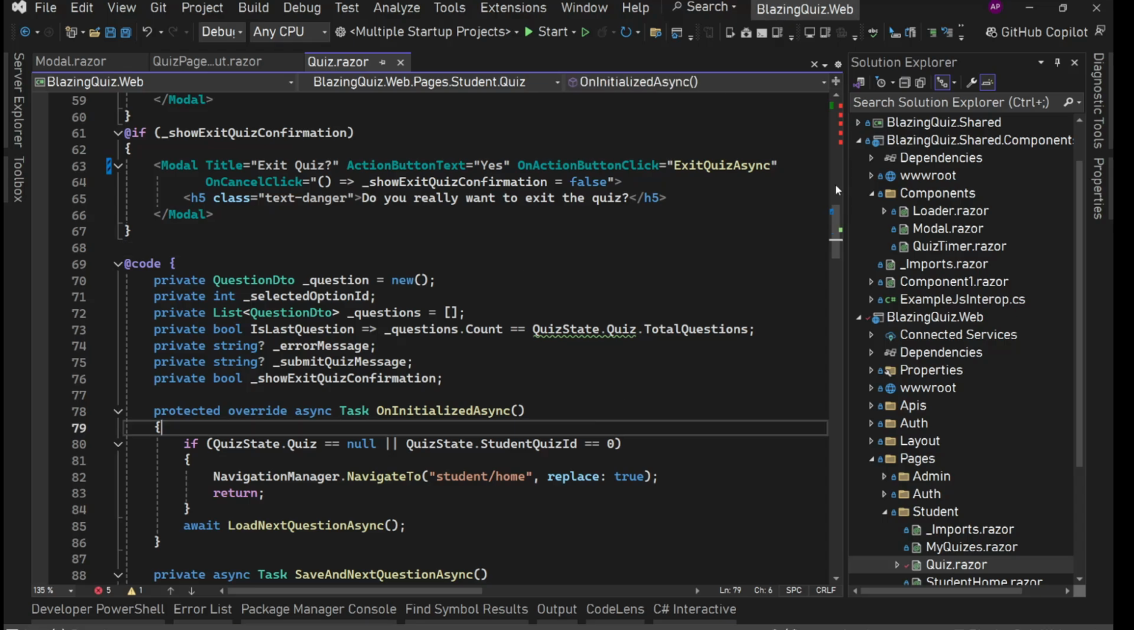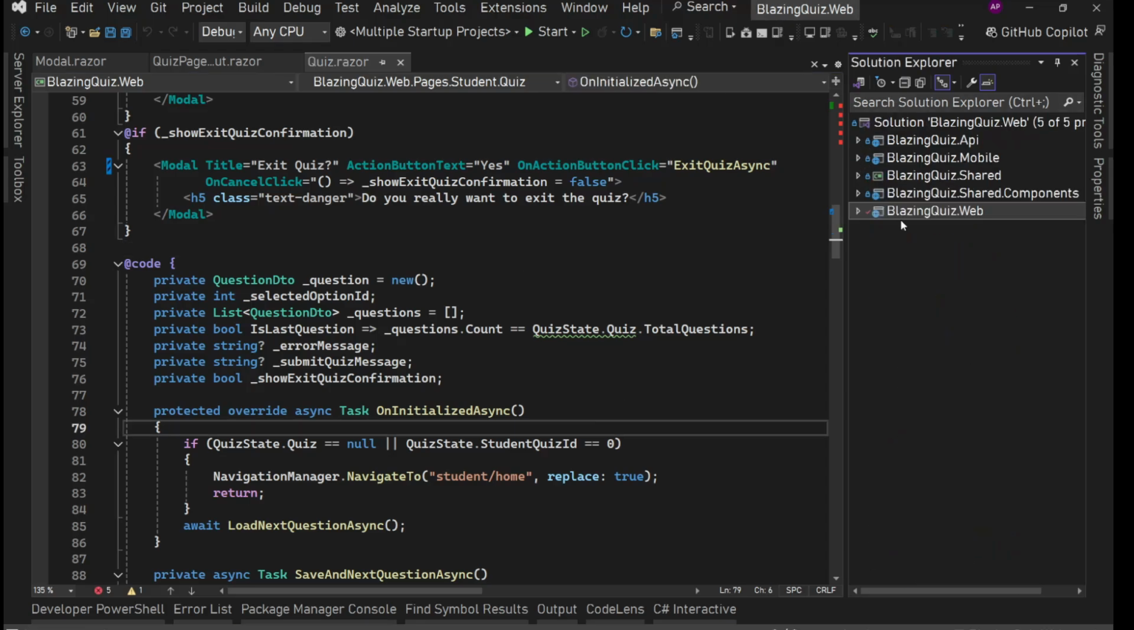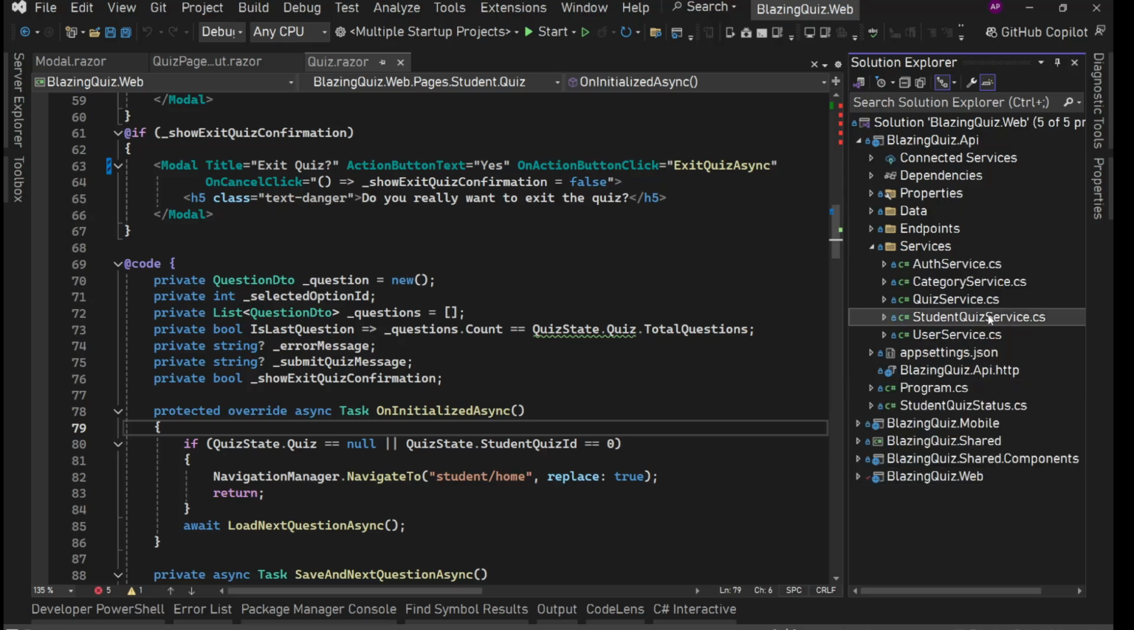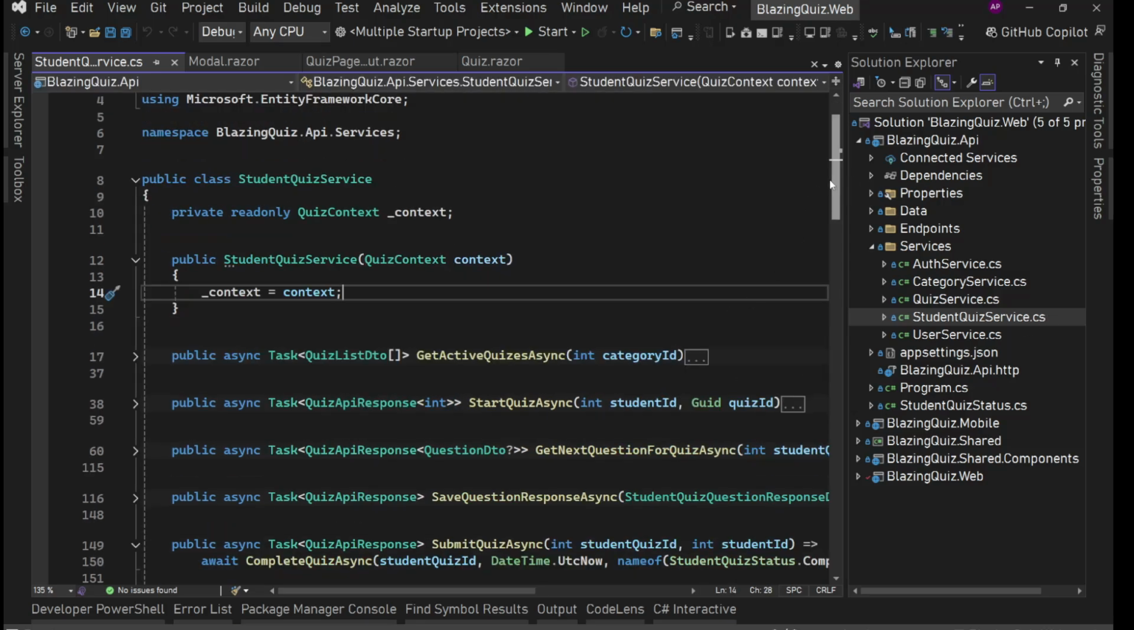Now we'll go to our API side, and there we'll define an endpoint and a method in service to load all the quizzes which I have attempted. That means student has attempted. So we'll go to services. We have student quiz service. So inside this only,